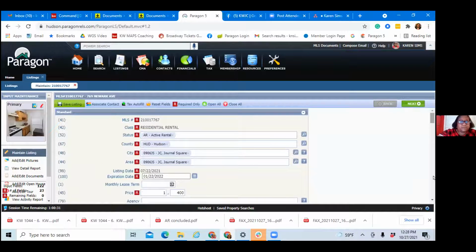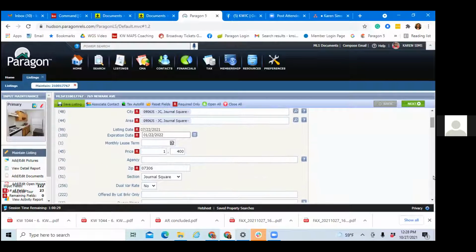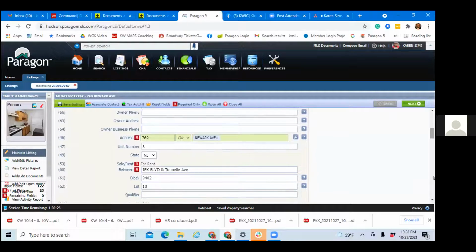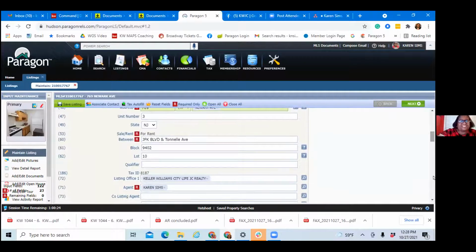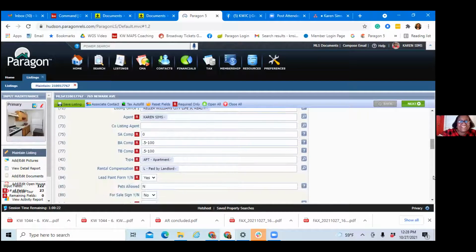Who's paying the broker fee? Where is that at? There is a field that tells you who's going to pay it. Yeah, that's what feeds. Paid by landlord. There it is. When you change that, the feed will syndicate to the sites